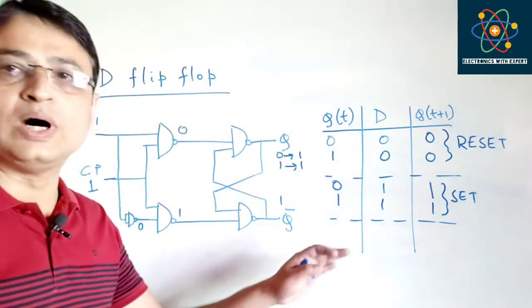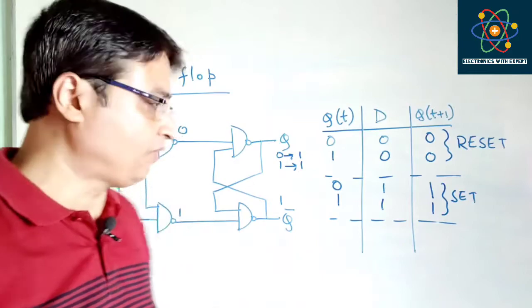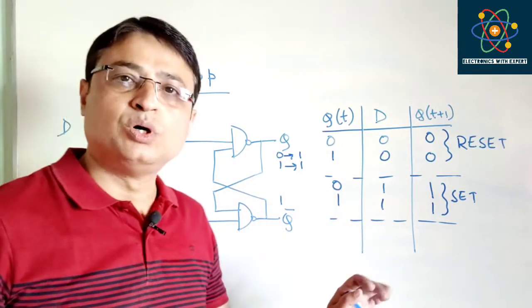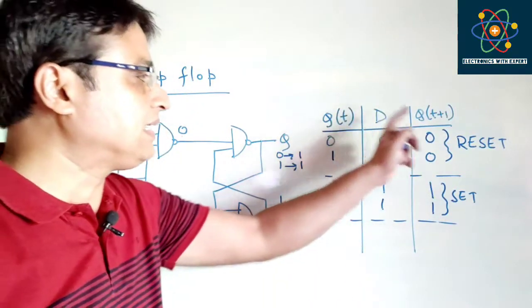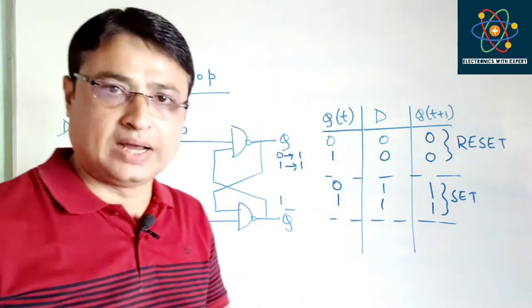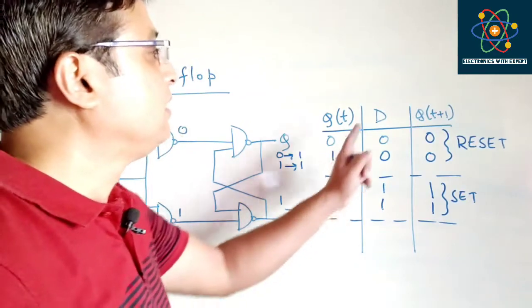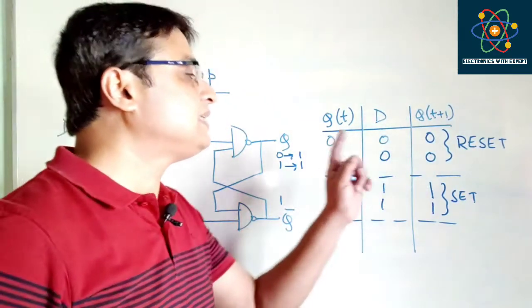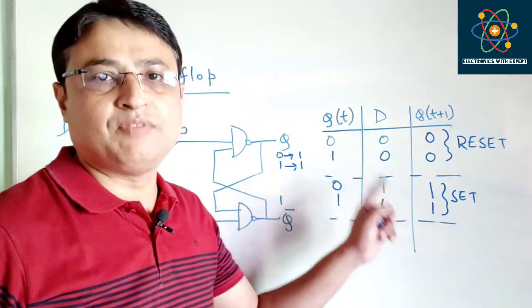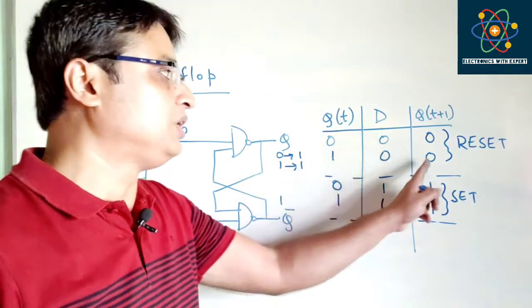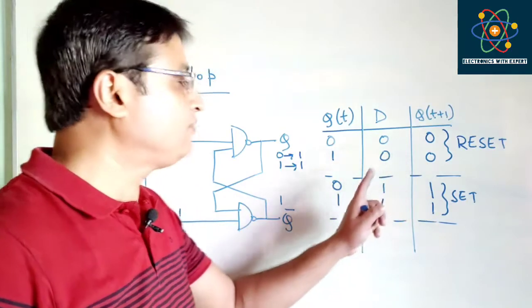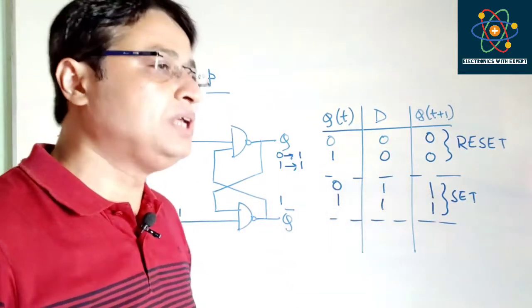Now there will be no other cases for a D-type flip-flop. If you carefully look at this truth table or this characteristic table, what do you find? You will find that Qt+1 is actually following the value of D. Whenever D equals 0, Qt+1 equals 0, and for D equals 1, Qt+1